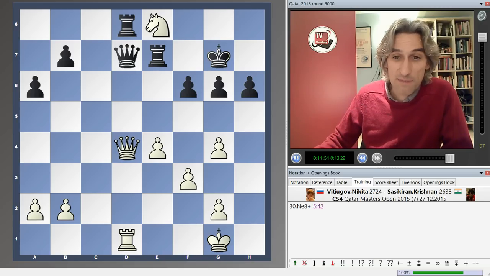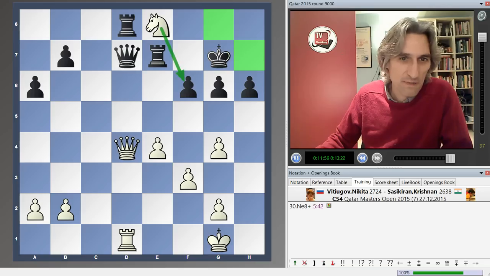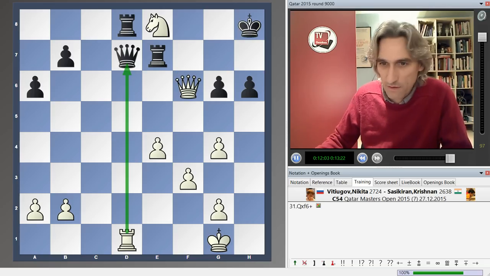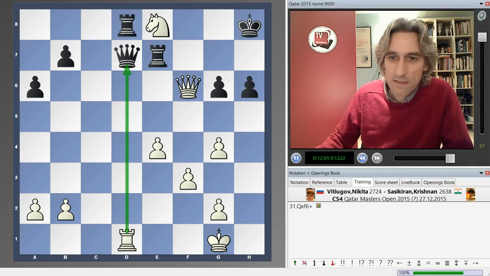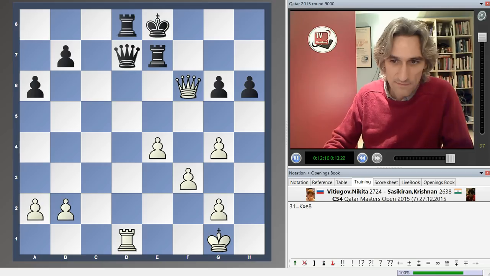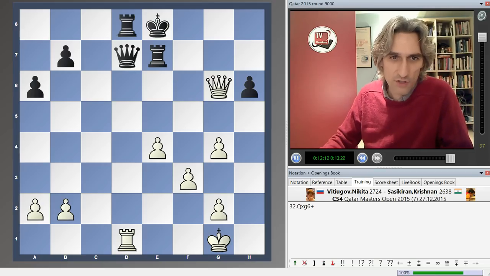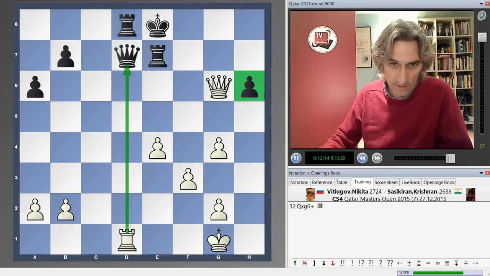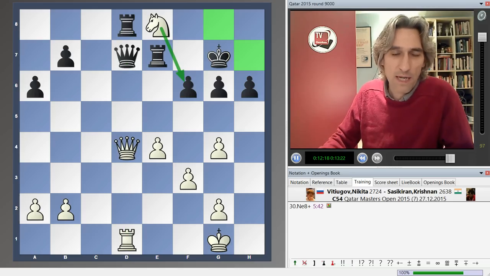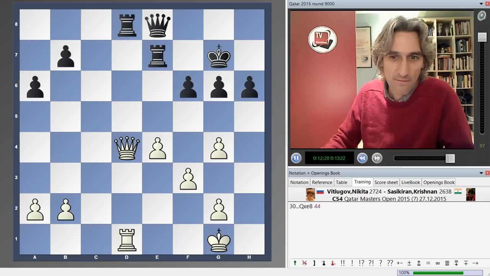This knight really has to be taken. If the king goes to these squares, then a knight fork will decide, and, well, king h8, queen f6, followed by this, for example. And if king f7, then this is clearly winning, a check followed by rook takes, and white takes all the pawns, simple win. So black has to take the knight, and,